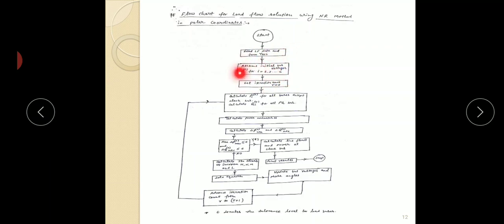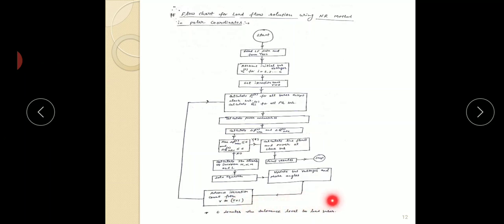Set iteration count R equal to 0. Calculate Pi R for all buses except slack bus. Calculate Qi R for all PQ bus. Then calculate power mismatch. Next, calculate delta P R max and delta Q R max. Now if delta P R max is less than or equal to epsilon and delta Q R max less than or equal to epsilon,